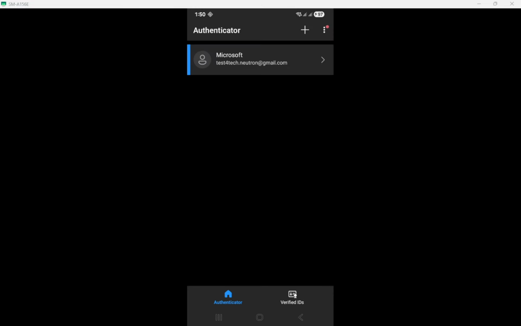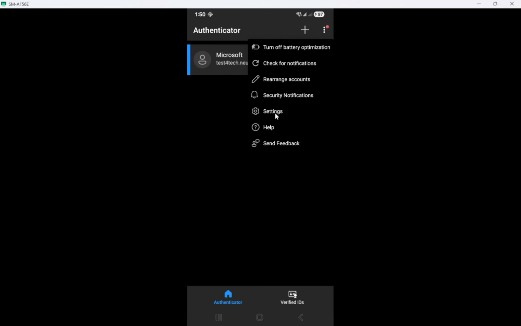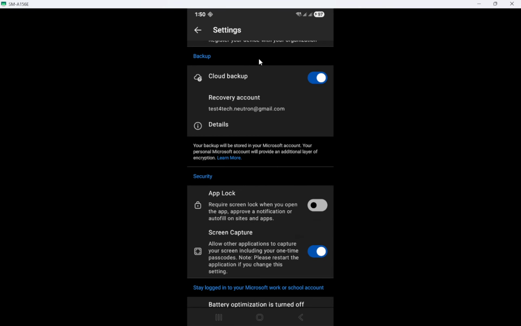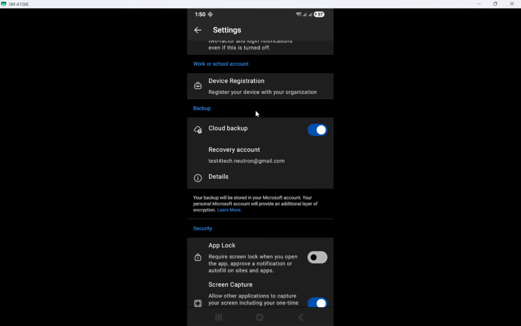After the restore, go through and re-verify accounts as prompted. Some services will ask you to log in again, approve a sign-in notification, or enter your password. This step ensures your restored entries are fully active on the new phone. It's a good idea to test a few important logins right away so you know everything is working.